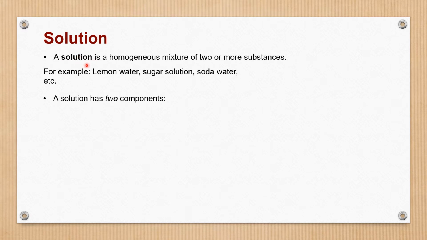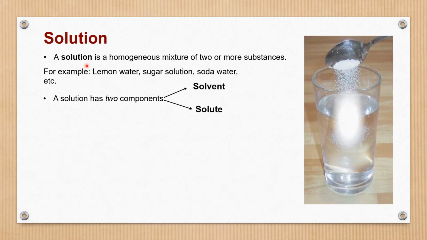By looking at that solution, it is very clear. Can you see any physically distinct part there? Any sugar particles or salt particles? No, because those particles dissolved in the water. So we cannot see any physically distinct parts. And the sugar or the salt is evenly distributed in the solution, so we can say that the composition is the same throughout. That kind of mixture we already studied, that is called a homogeneous mixture.